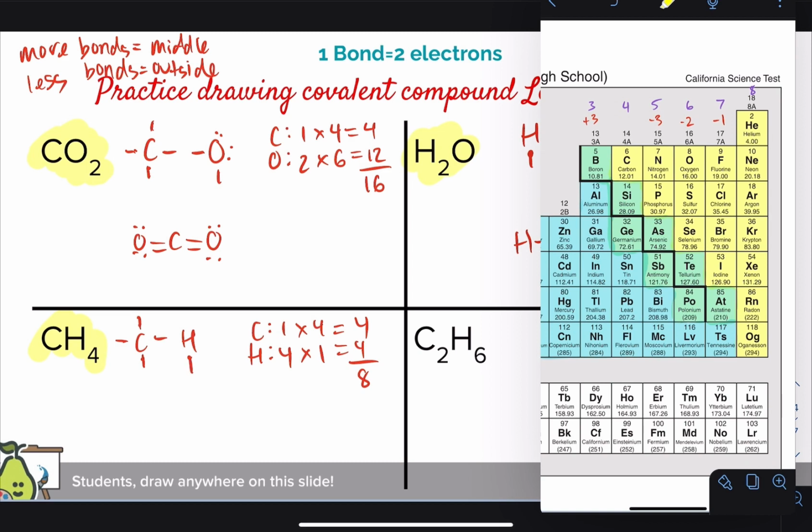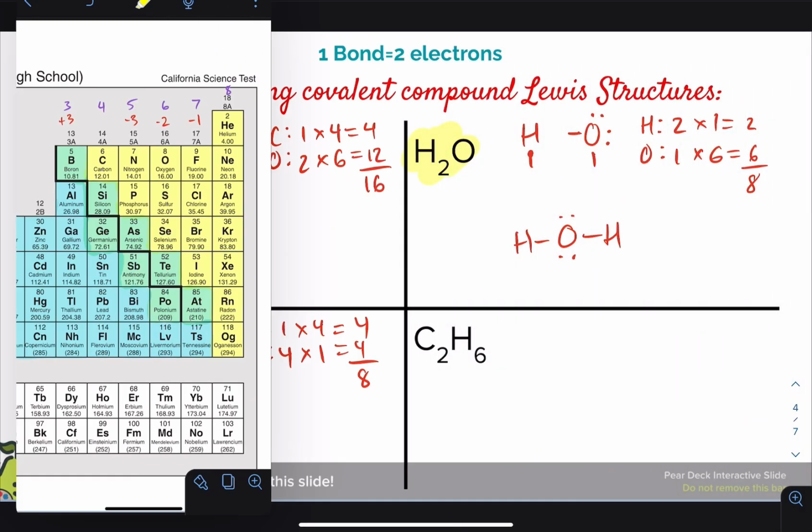The one that makes more bonds is going to go in the middle. So I'm going to put carbon in the middle. I'm going to draw in those bonds, and then I'm going to add in those hydrogens. So I have 1, 2, 3, 4. And then I'm going to double check my electrons. I have 2, 4, 6, 8 electrons. I have the total number of electrons, 8. I have used all of the atoms, and carbon has 4 bonds. Hydrogen is only making 1 bond, so that one is done. We're ready to move on. The last one,